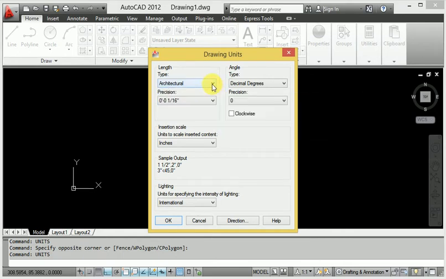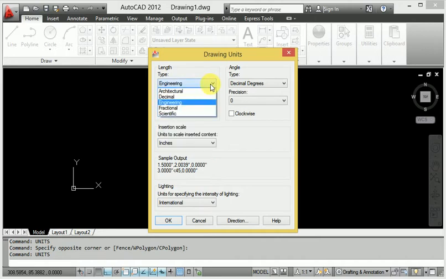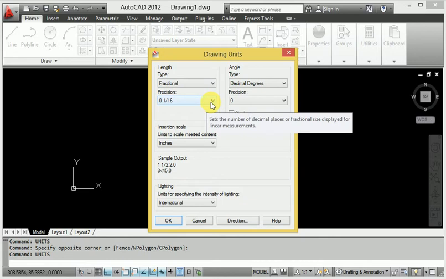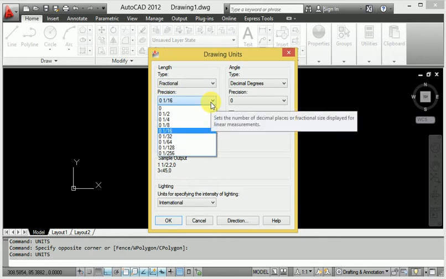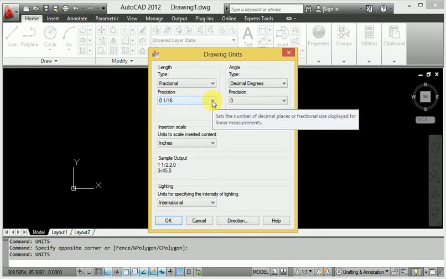And if you want engineering type, engineering is inch and foot, according to the distance unit. Fractional type, look at this, 1 of 16, 1 of 2, 1 of 4, 1 of 8, this type of dimension and presentation of our diagram.